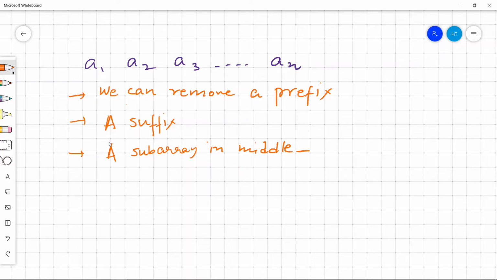We have to do these things in such a way that the remaining elements are themselves sorted.